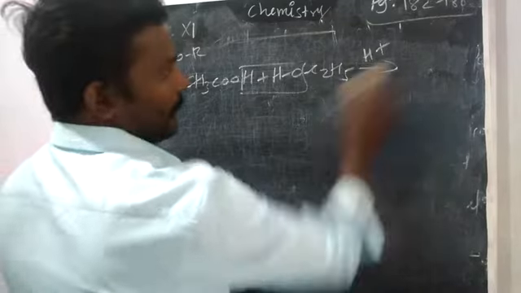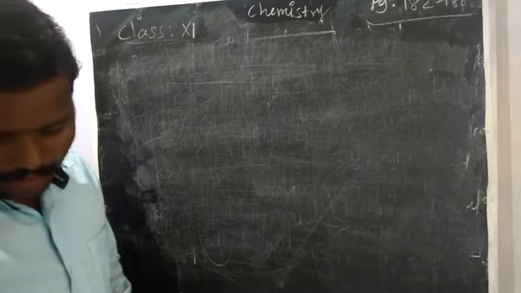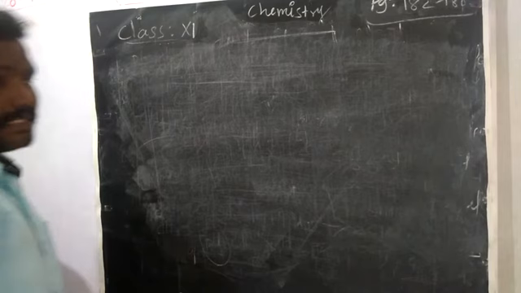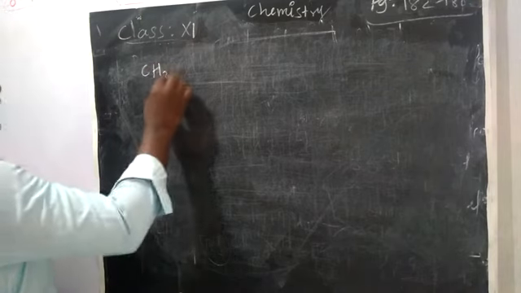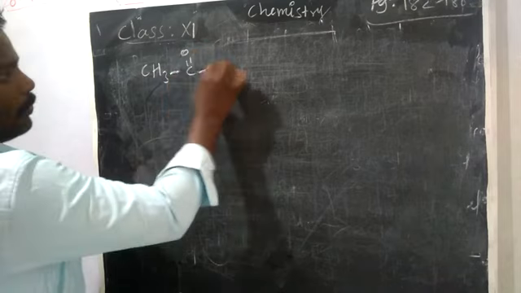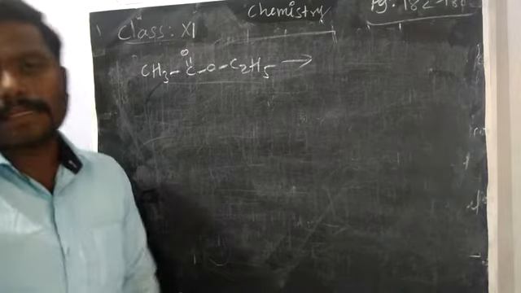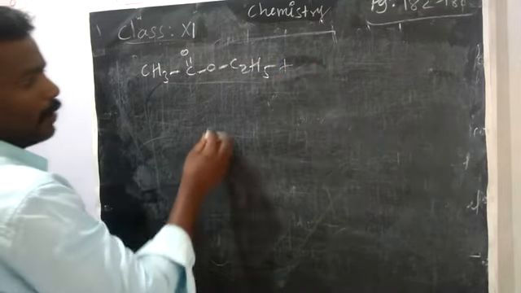Now the chemical properties of ester: how the ester reacts with alcohol. Here we are going to take propanol, C3H7OH. So propanol reacts with the ester, CH3C double bond O, OC2H5. Here we have taken ethyl acetate as the ester with propanol. You take one more alcohol.